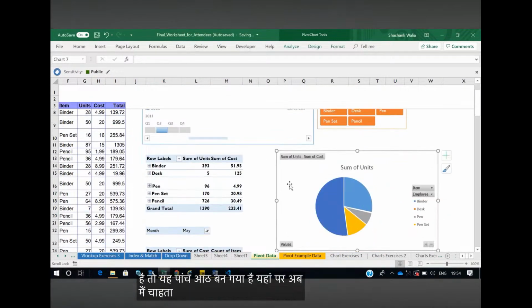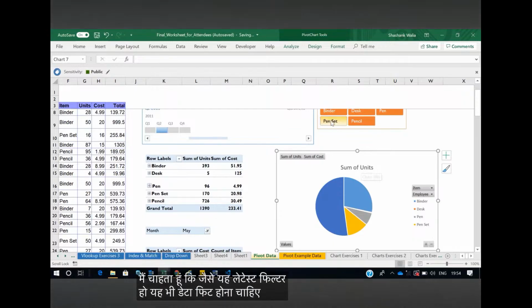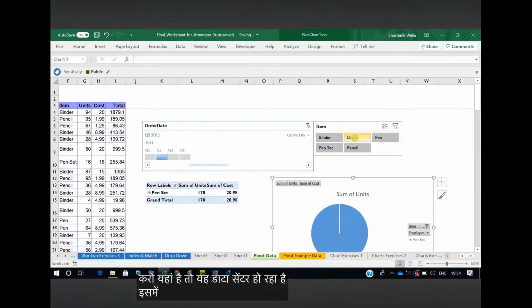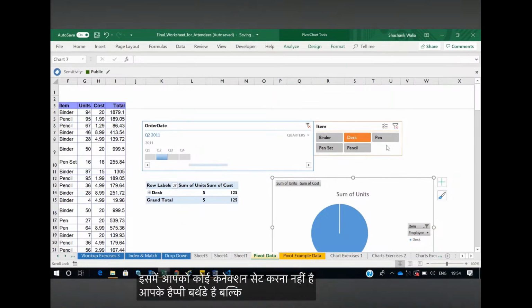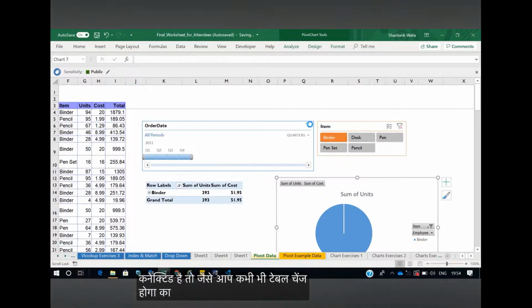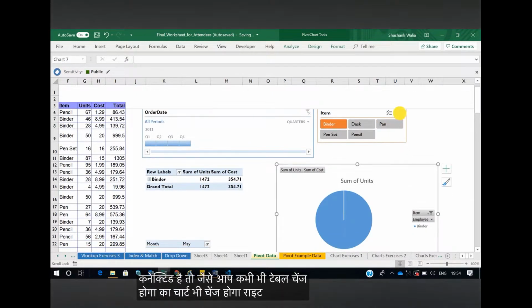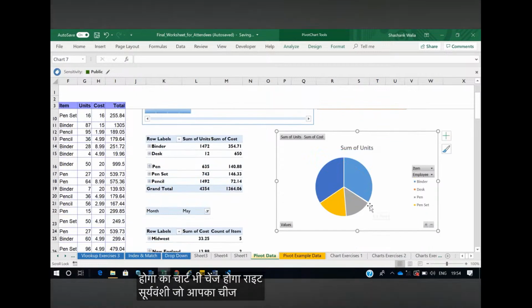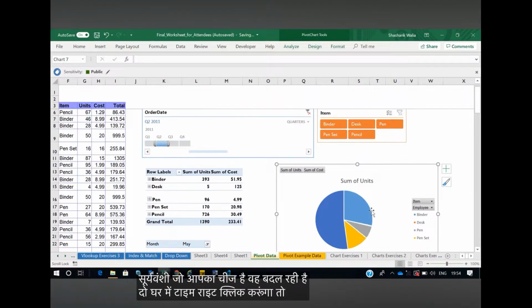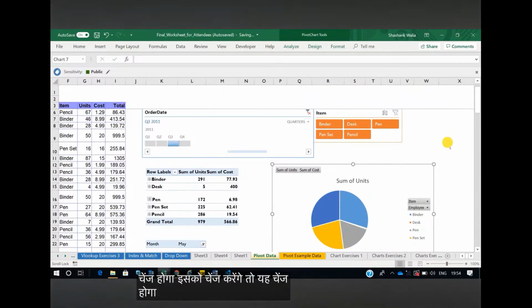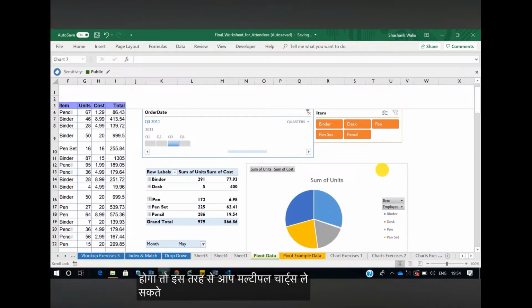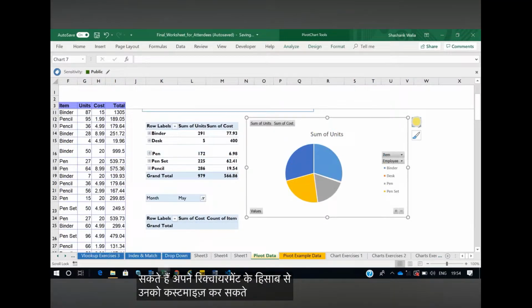तो ये पाई चार्ट ले लेते हैं यहाँ पे। तो ये एक पाई चार्ट बन गया है। अब मैं चाहता हूँ कि जैसे ये डेटा फिल्टर हो, ये भी फिल्टर होना चाहिए, तो सिंपली क्लिक करो यहाँ पे, तो ये डेटा फिल्टर हो रहा है। इसमें आपको कोई कनेक्शन ऐड करना नहीं है, ये आपके पिवट टेबल के साथ कनेक्टेड है, तो जैसे आपका पिवट टेबल चेंज होगा, आपका चार्ट भी चेंज होगा, राइट। सो यू कैन सी चीज़ें बदल रही हैं। तो अगर मैं टाइमलाइन को क्लिक करूँगा तो ये चेंज होगा, इसको चेंज करेंगे तो ये चेंज होगा। सो इस तरह से आप मल्टीपल चार्ट्स ले सकते हैं अपने रिक्वायरमेंट के हिसाब से, उनको कस्टमाइज़ कर सकते हैं जैसा आप चाहें।